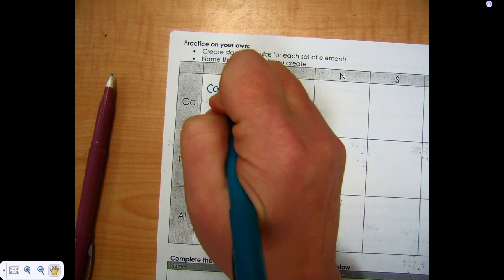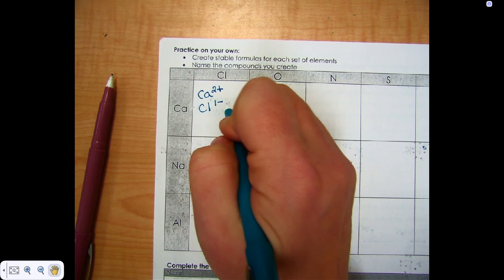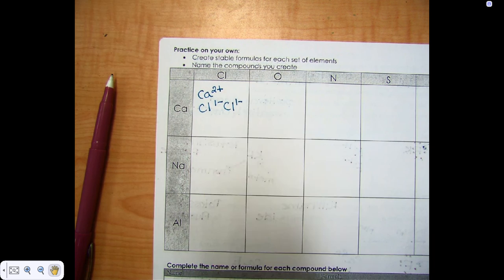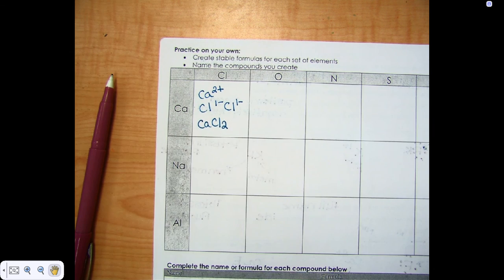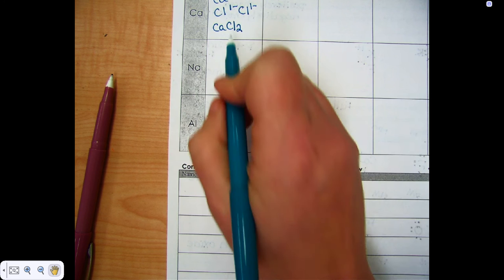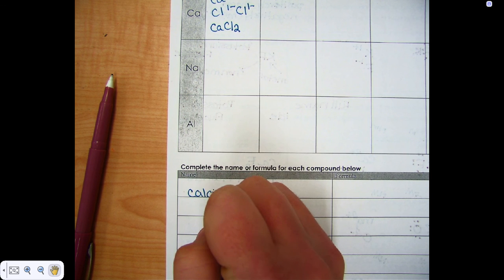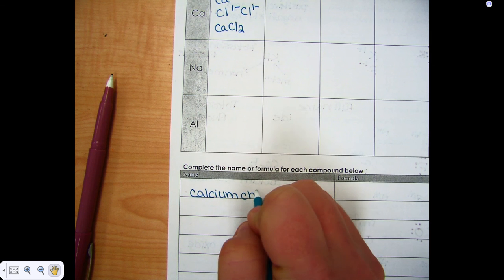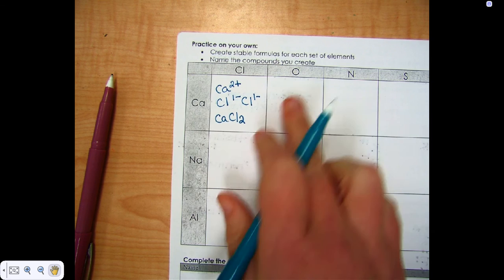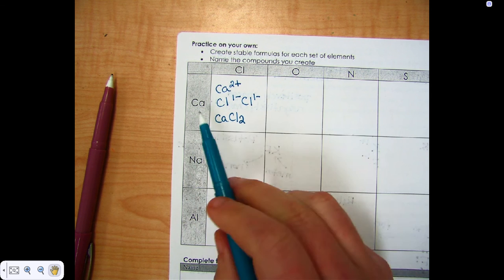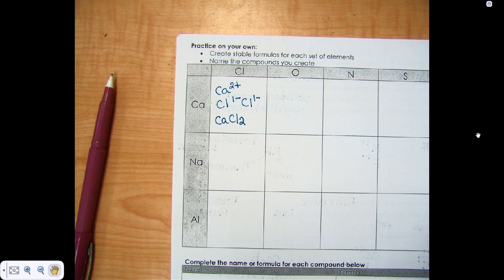So I have Ca2 plus Cl1 minus. That is not balanced. I have to add a Cl1 minus. And I'm going to do CaCl2. Then I'm going to go down here, and the name of this would be calcium chloride. And then you're going to go through and do the rest. So this one is going to be calcium and oxygen, calcium and nitrogen, calcium and sulfur. All right, if you have any questions, make sure that you